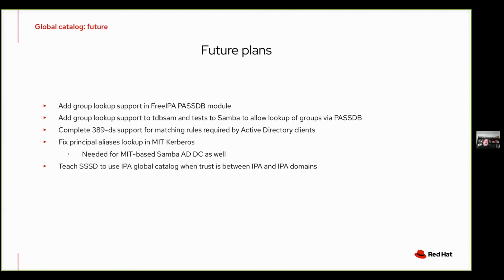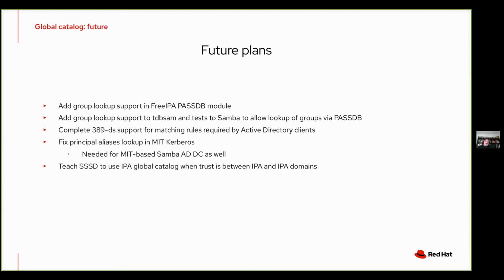So altogether, we are actually almost there. There are 2 big missing pieces on the Samba side. The group lookup is missing in the IPA implementation of the PassDB module. We need to add this, and we need to fix the lookup, like I said, with the forest name, but the fix is there.